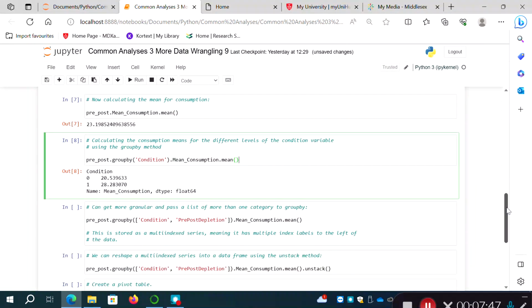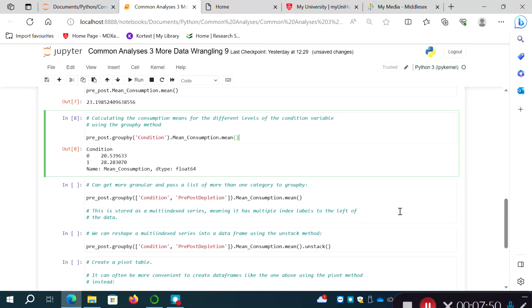But we can get even more granular than this and pass a list of more than one category for pandas to group by. So what I've done here, very similar to above, I've used the pre-post data frame, specified the group by method, and again we're looking at the mean of the mean consumption scores, but this time rather than just passing condition, I've passed it a list of two categorical variables, condition and pre-post, and I've put those in square brackets to specify that they are a list. So if I run that,